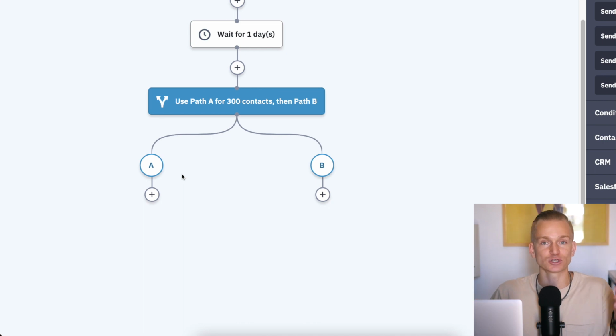I can test out a lot of different things. I can test out the subject lines. I can test out the images within those emails. I can test out copies. I can also create a completely different path where perhaps, let's say, instead of sending email 2 days later, I'm sending email 3 days later, and see which one is performing better, so on and so forth. So this is very powerful when you're building out your email automations, and this is something that only ActiveCampaign and